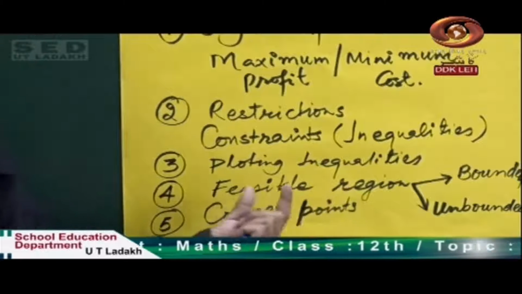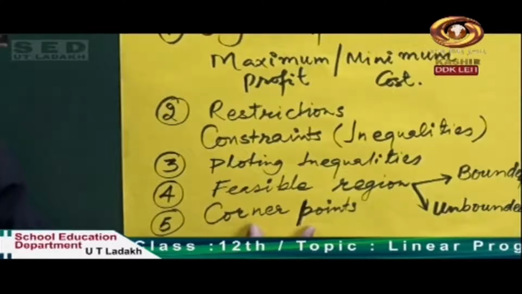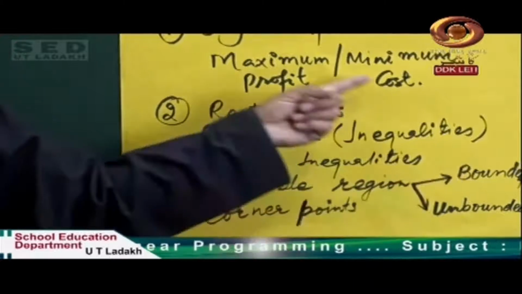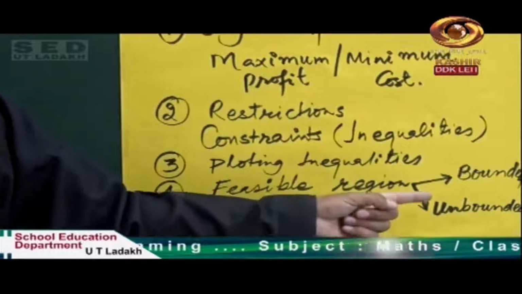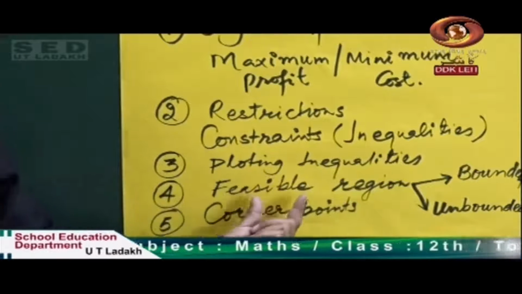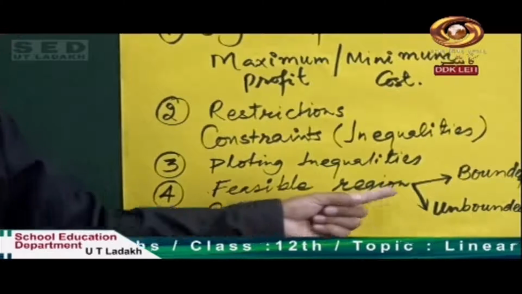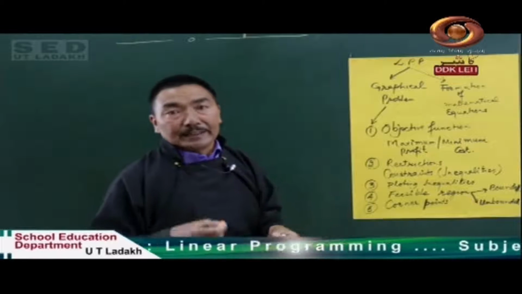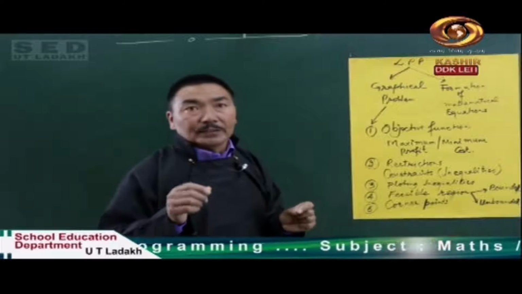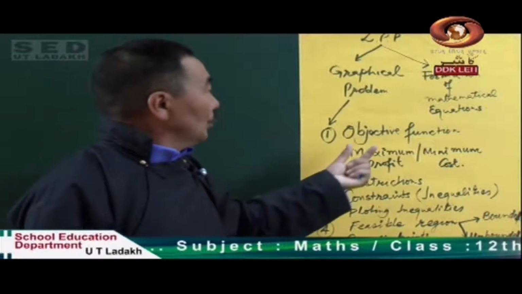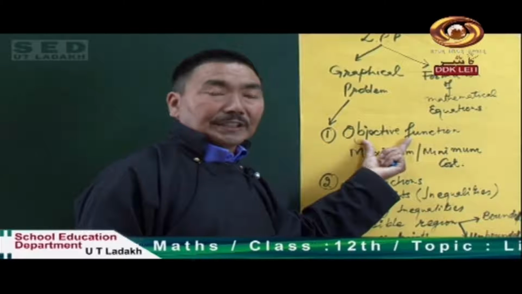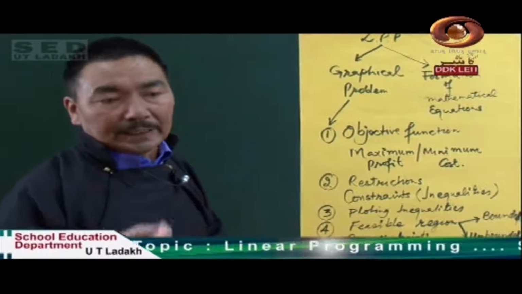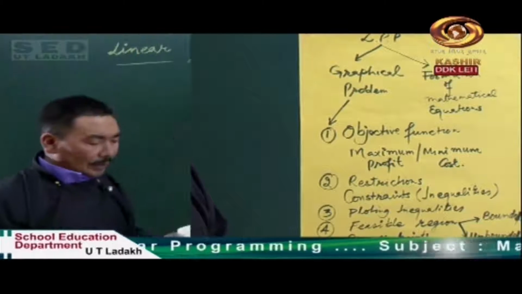So the solution region is calculated at corner points. If the solution region is bounded, then you will find the maximum and the minimum of the function in the feasible region at corner points. If the feasible region is unbounded, then you have to verify it again, and you can decide whether the value that you have obtained from the objective function is correct or not. With the help of a question, I think you can understand more easily.